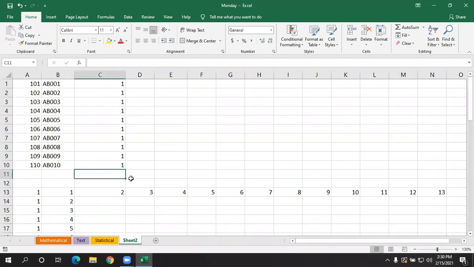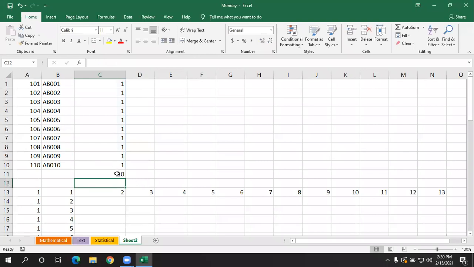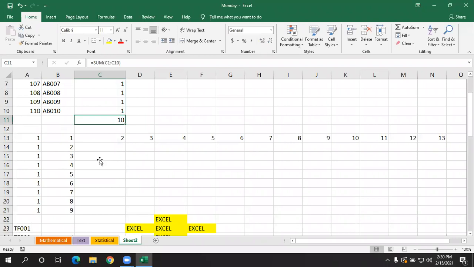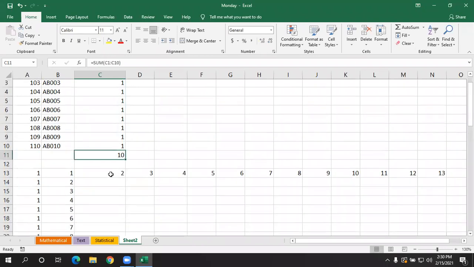Do you remember the shortcut key of AutoSum? Shortcut key of AutoSum is Alt equals. Okay, you can hold Alt and press equals. If you have numbers like this in the form of a series, you need not select them. If you press Enter, it will show the total. See, in this cell I have used a formula, and here also I'll use a formula. Here I had data in a column, so I placed it here.